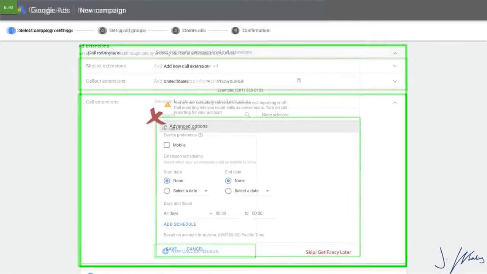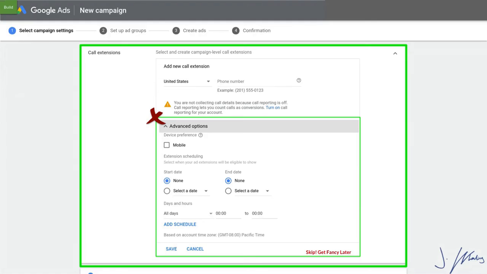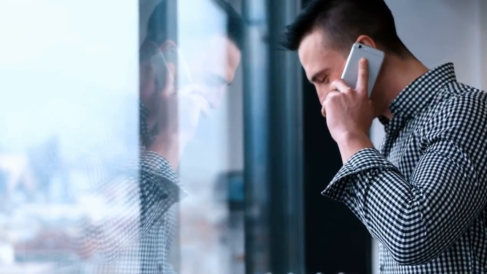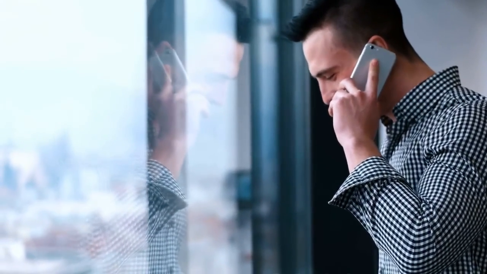And then finally, we have call extensions. Now, this is something that's going to take a little bit to set up because you need to verify your phone number with Google. But this is the one place where you probably do want to go through the advanced settings if you don't want people calling you when you're at home. So you probably want to set this up so it's during business hours